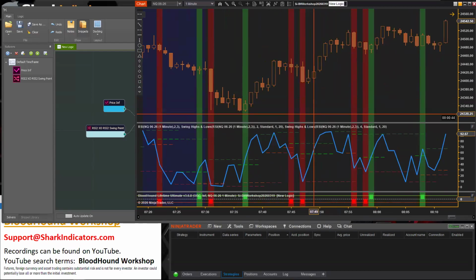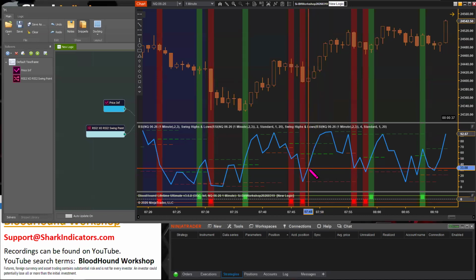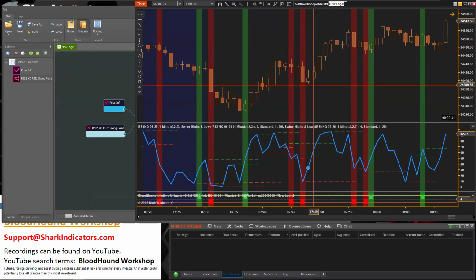Ah, here we go. Okay, here's an example. So here is our first up bar. And it wasn't until we got to the second up bar that we actually got the crossover of that swing high there. Yeah.